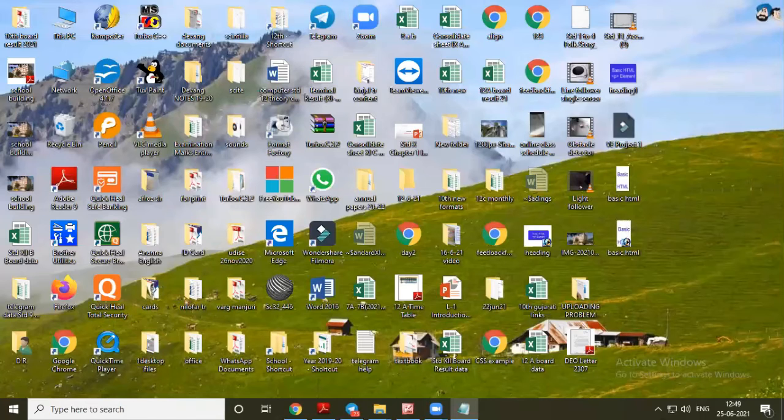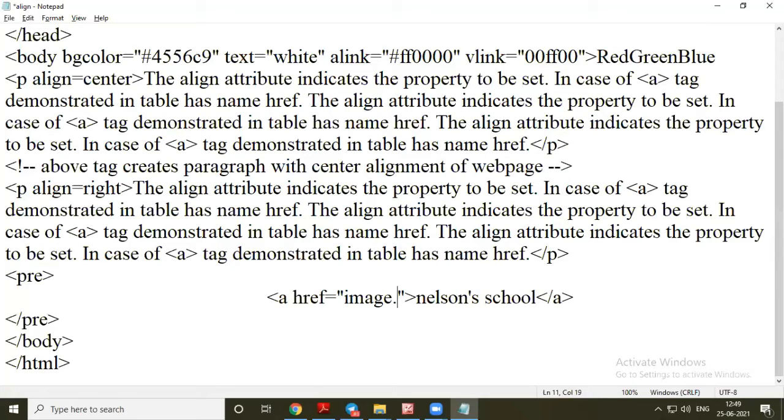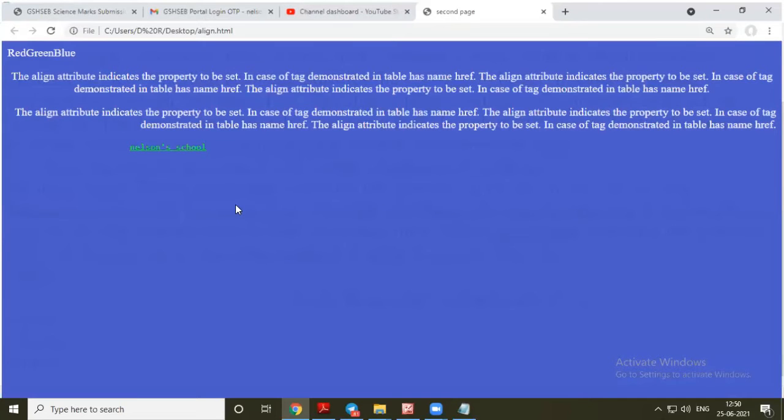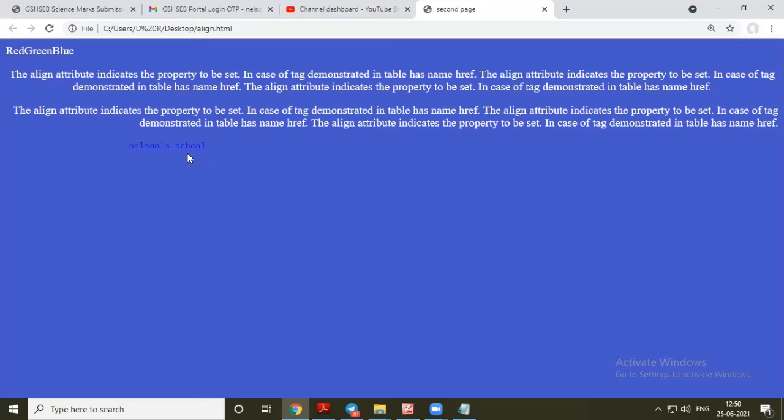So for example, I am putting one file, this is one image that I am going to link with that. This is JPG. Now see, it becomes blue because now it is visited.